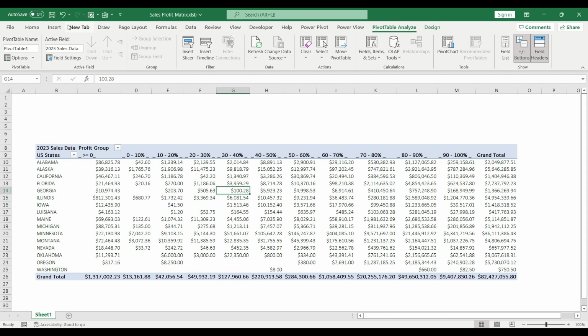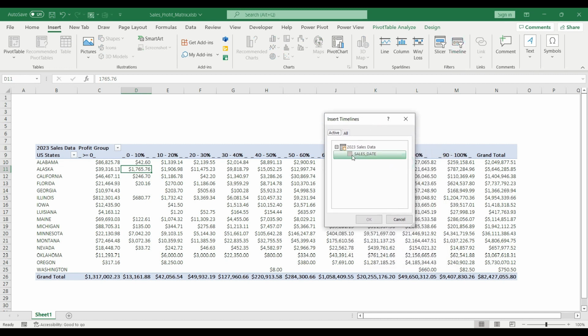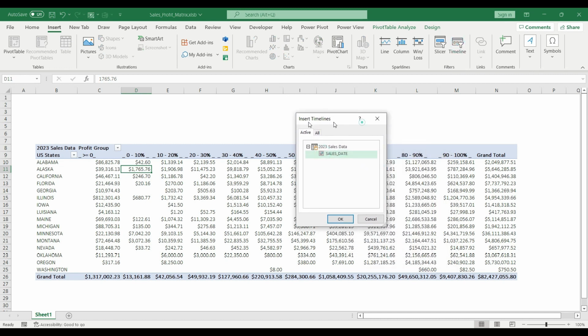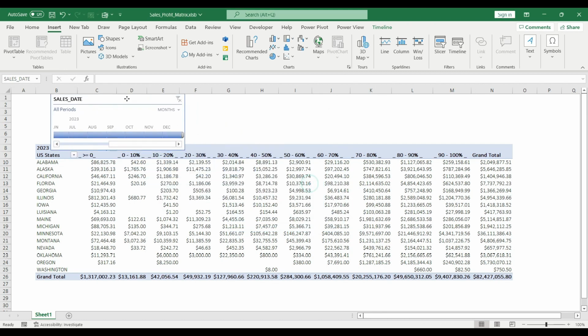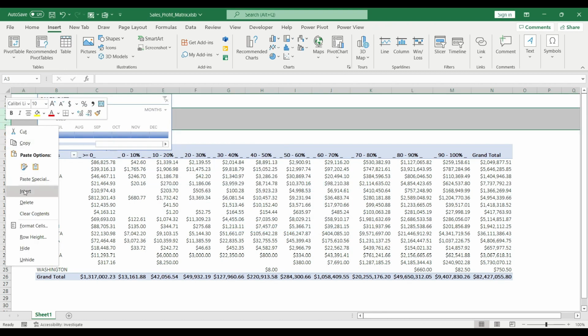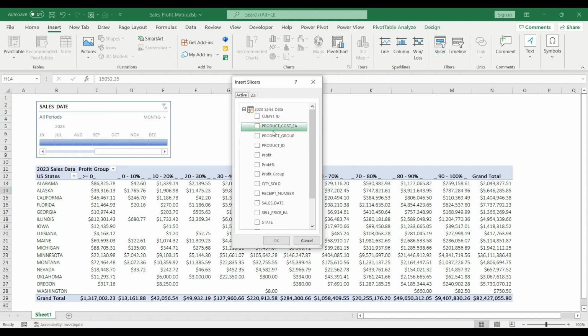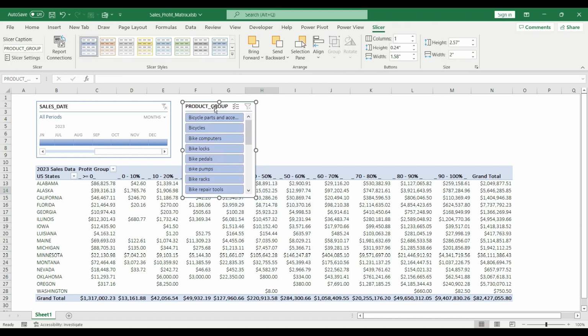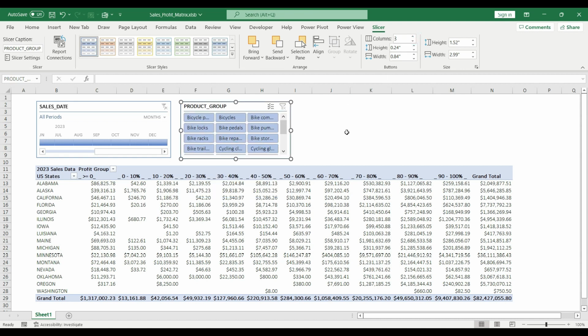And this time I'm going to insert a slicer, so I'm going to select my pivot table and hit the timeline type of slicer. It will recognize automatically which field has date. I'm going to select the sales date and it will insert a slicer. I need to insert some more rows. I select my pivot table again, and the next slicer I'm going to add is probably the product group. I move a little bit up and change the structure a little bit. Let's add one more column, make a little bit wider, maybe 3 columns, and I have my product groups available.